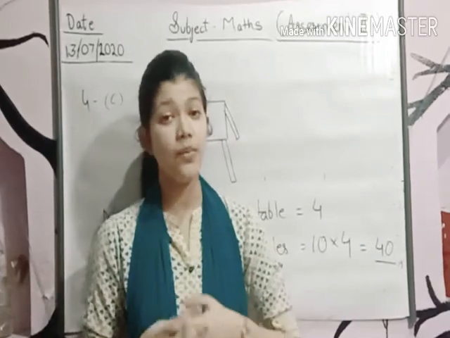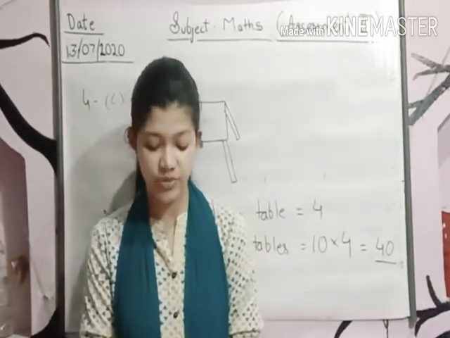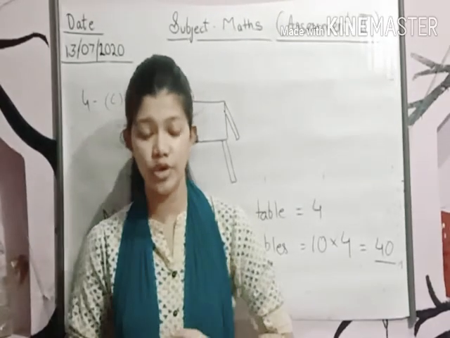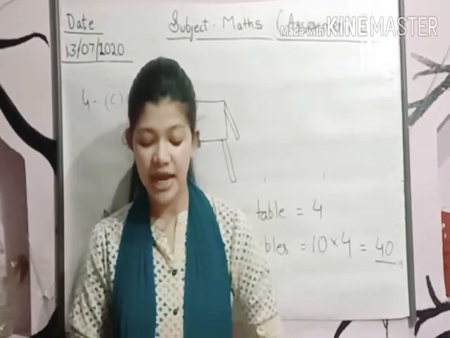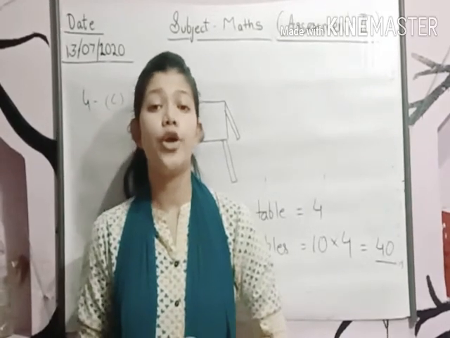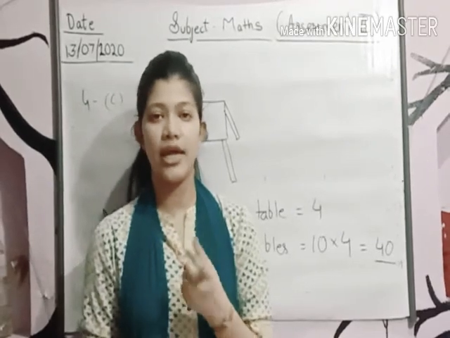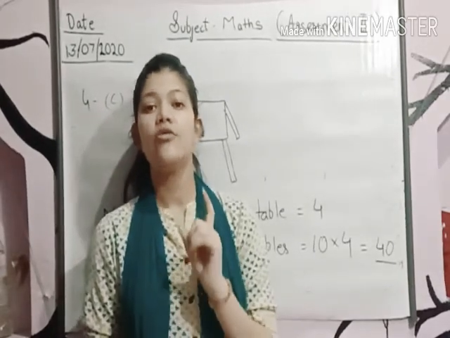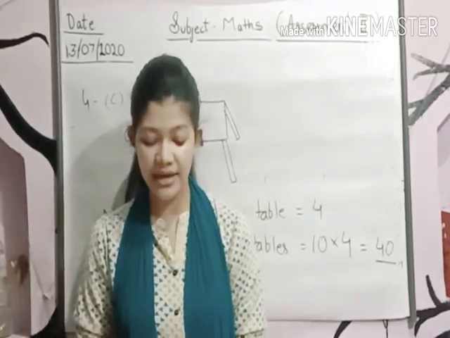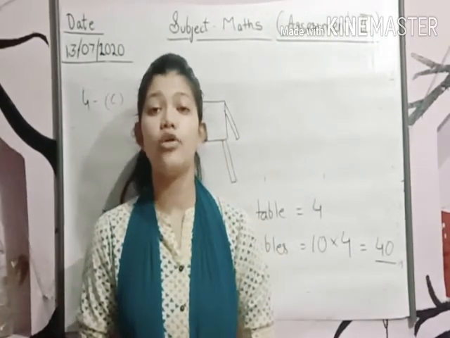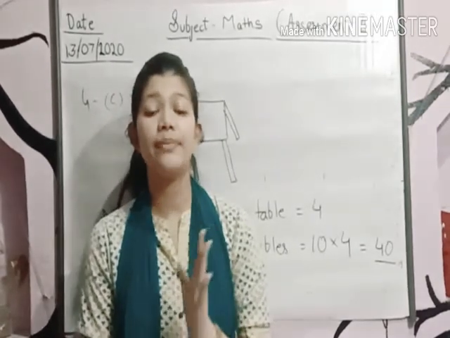Okay? Clear? Now let's discuss question number D. Now students, this you have to do yourself. Listen very carefully. A pack of pencil has 5 pencils. Now what do you mean by pack? Pack means one box. Okay, a box has 5 pencils. How many pencils are there in 8 each packs? Now you have to find out the number of pencils in 8 packs.